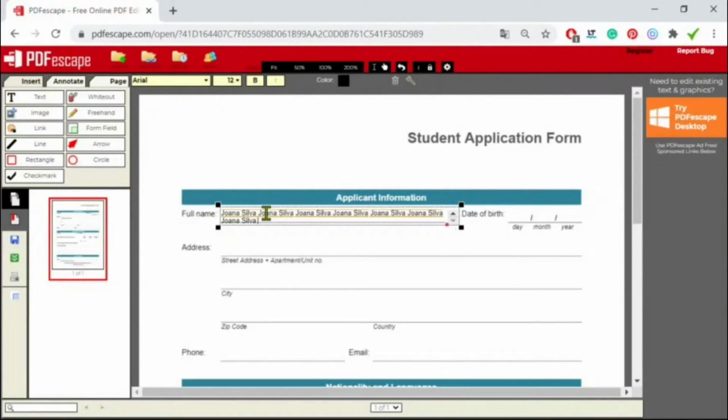Well, here's what we get if we check the multi-line box in the object properties. As you can see, you have these little arrows here on the right. But you don't have to increase the size of the box for this. This is very useful when you want to keep the layout of your form. Let me just delete all of this.